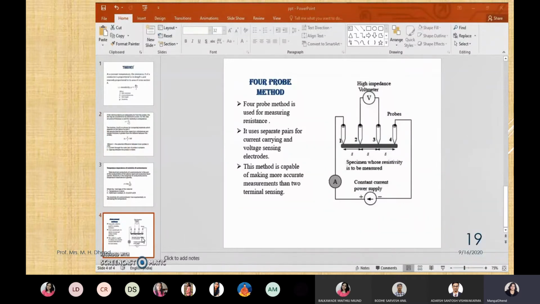The first one is the basic principle of the four-probe method. As you can see in this figure, there are 4 points connected on the semiconductor. The outer two terminals are connected to a constant current source and the inner two terminals are connected to a voltmeter. Across terminals 2 and 3, a voltmeter is connected. If we connect an ammeter to this terminal, contact resistance is also measured, whose value is very high, and resistance across the terminal is very low. So because of this contact resistance, significant error is observed.